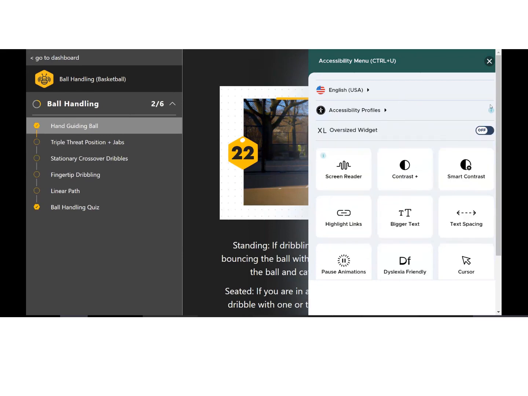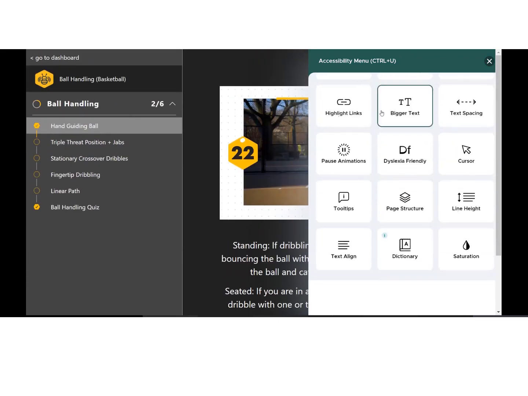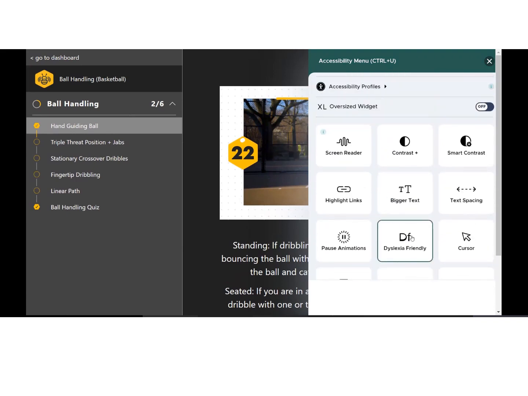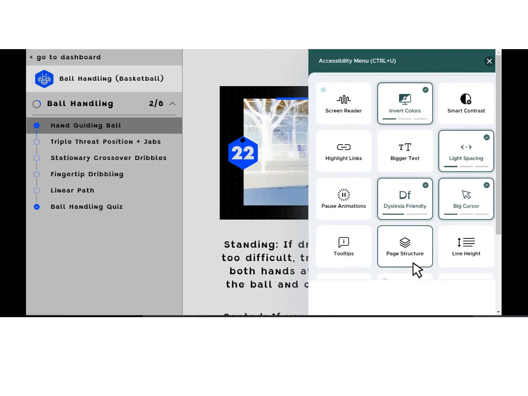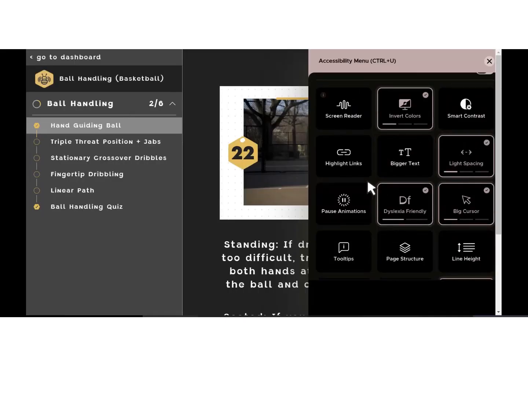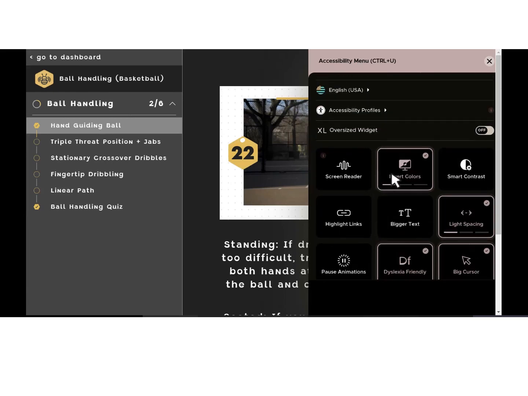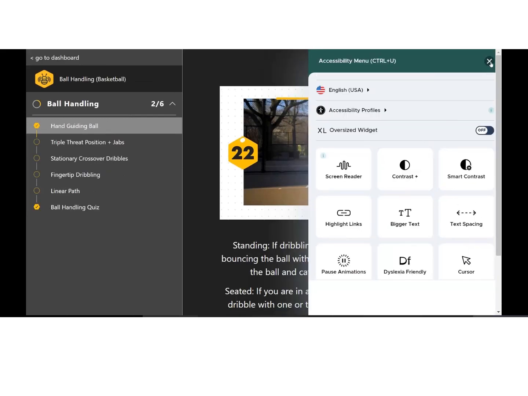If they don't fit one of these profiles, it's absolutely no problem. Oh, I'm on the wrong thing. They can come down here and select any order of these settings. I'll just kind of click randomly so you can see exactly what I'm talking about. And then this will be remembered by their profile the next time that they visit the platform again, so they don't have to keep clicking these buttons and reselecting their options.